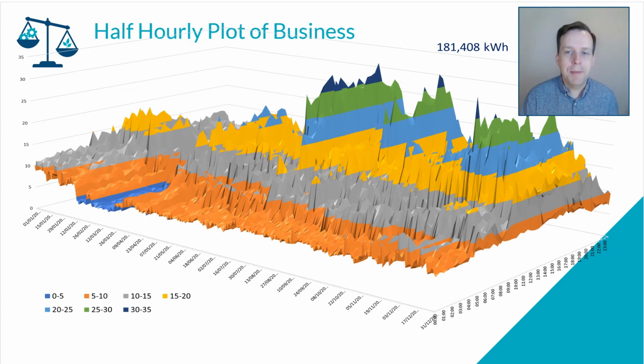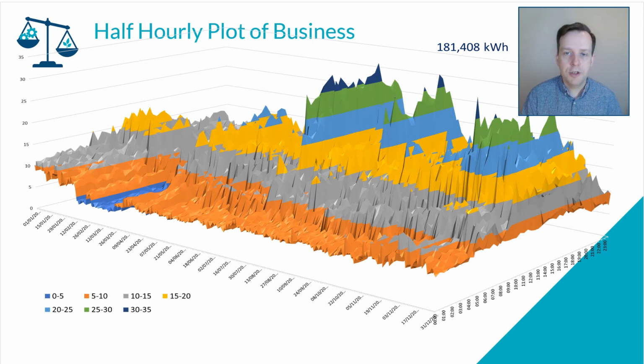So welcome back to the PowerPoint slides. This image is a 3D plot of the real half-hourly data that we've just extracted. I'll show you how to do this in a few slides, but I just wanted to get an overall impression